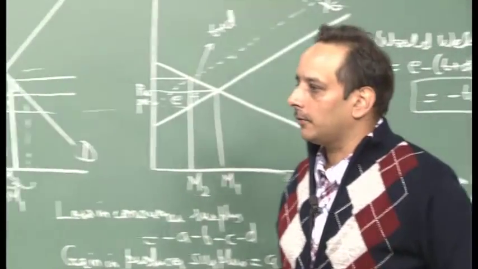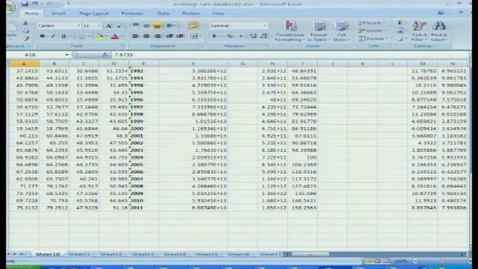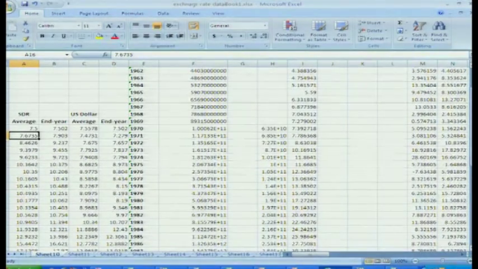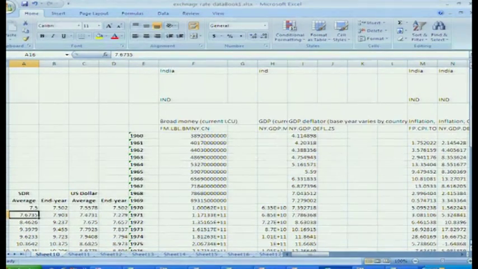Good afternoon. We are talking of the empirical work on the Indian exchange rate today, and I would like to draw your attention to an Excel spreadsheet, where I have put the data of the US dollar Indian rupee exchange rate and the SDR Indian rupee exchange rate. The exchange rate data is from the RBI, Reserve Bank of India Handbook of Statistics. You can visit the RBI website to collect the data.